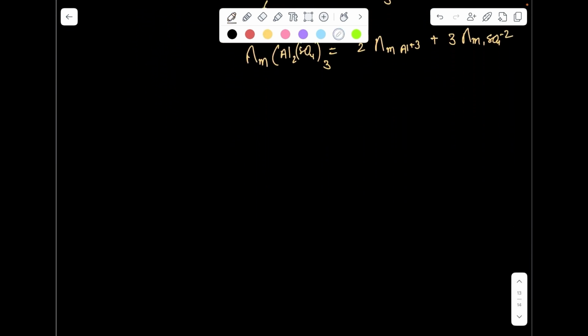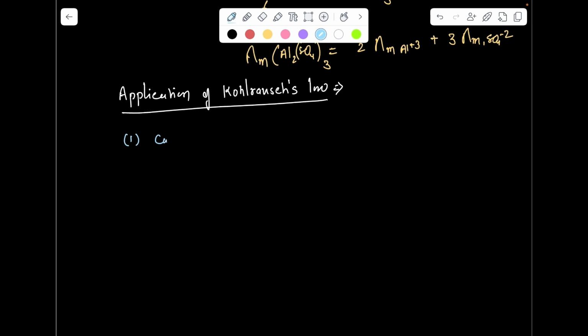So based on Kohlrausch law we have multiple applications. So let's write applications of Kohlrausch law. First one is to calculate weak electrolyte conductivity by using